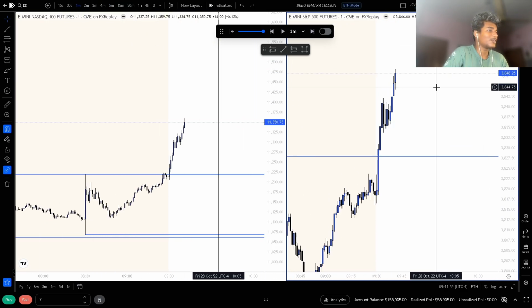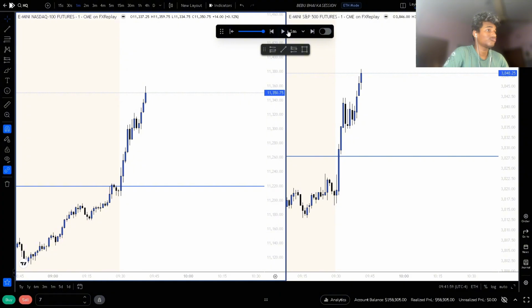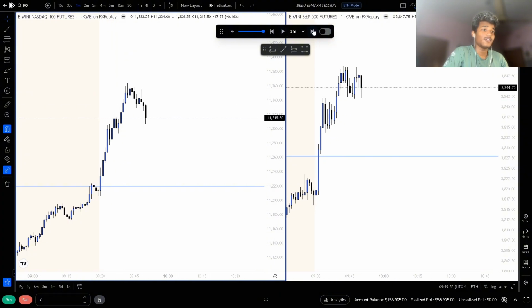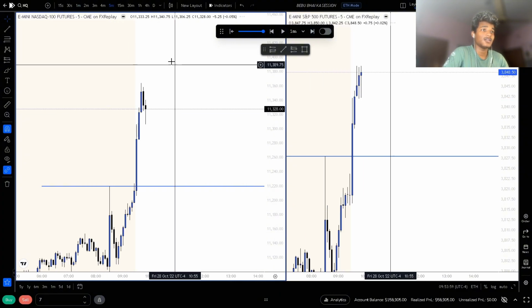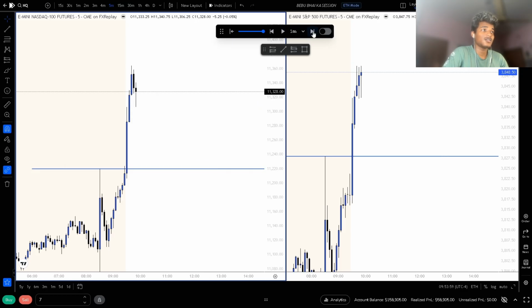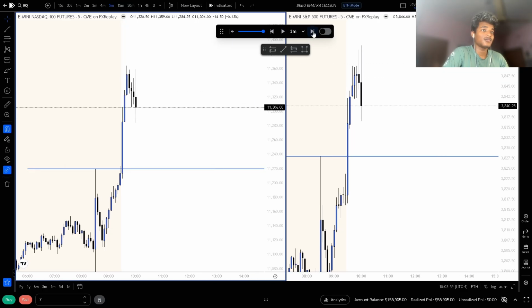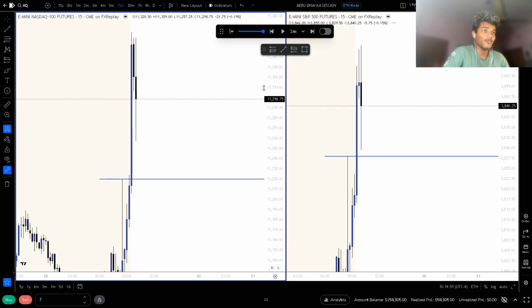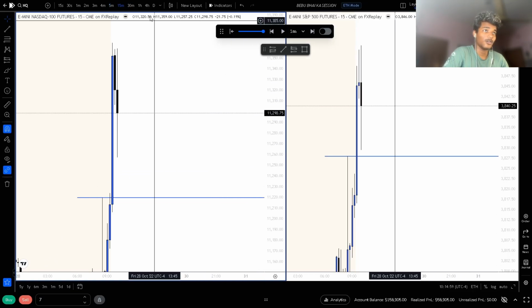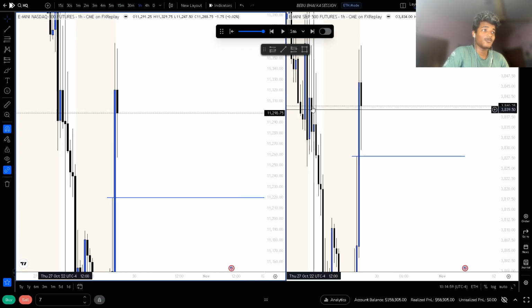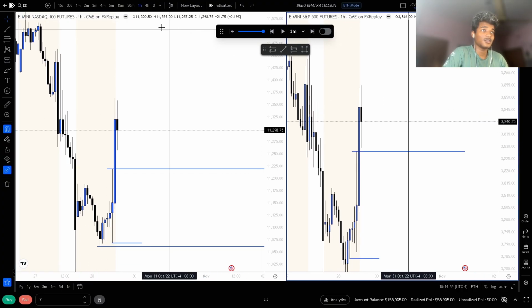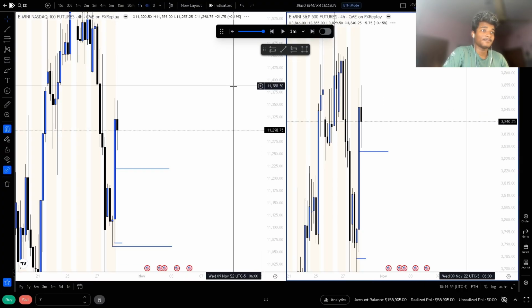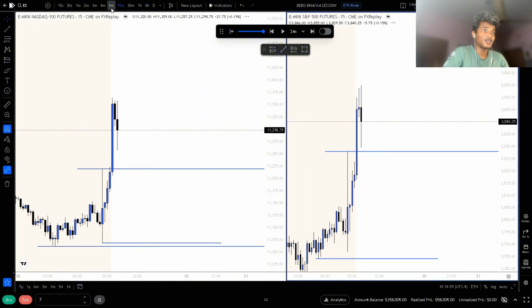I am absolutely wrong about my bias. I do think that, so for that reason, I will just let it play. And if we inverse these 5 minutes, I will absolutely not take longs today. But if we look on 1 hour, 1 hour has shifted bullish. 4 hour has also shifted bullish.